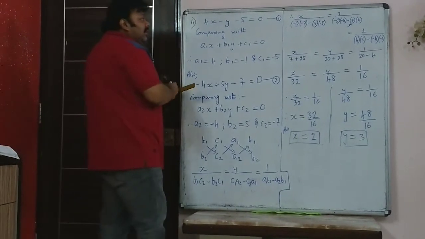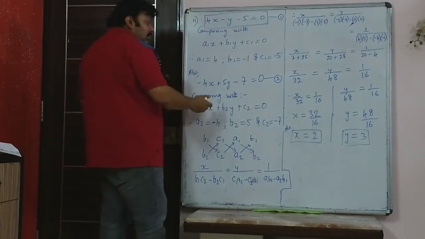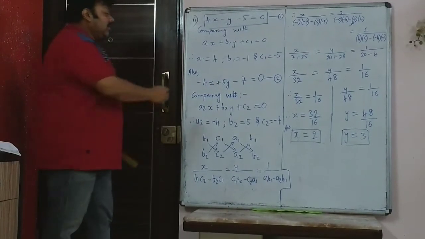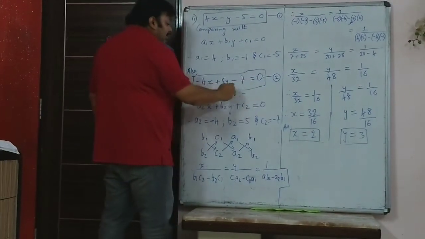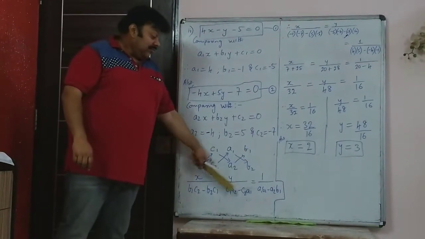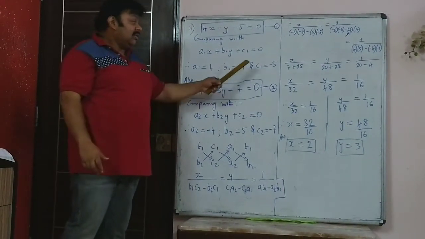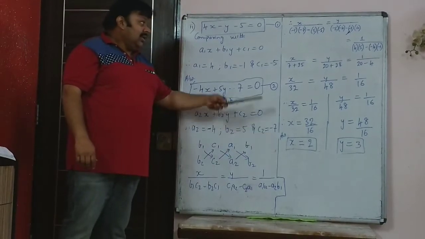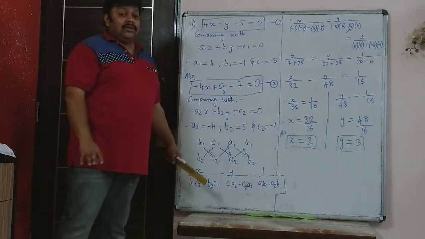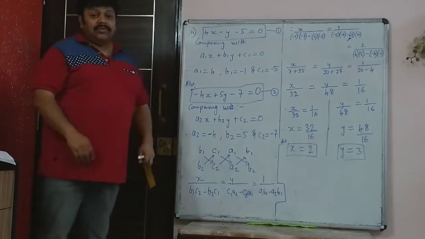First, ensure that your equation is written in this form. That means equal to 0. Both the equations should be written in that form so that then you can compare what is A1, B1, C1 and A2, B2, C2. After that, here you should have a lot of patience to see what is A1, B1, C1 and A2, B2, C2 and write it without any error in plus minus sign. Otherwise your entire sum will go wrong. So copy this, we go on to the third sum.